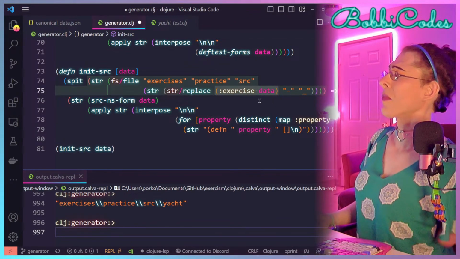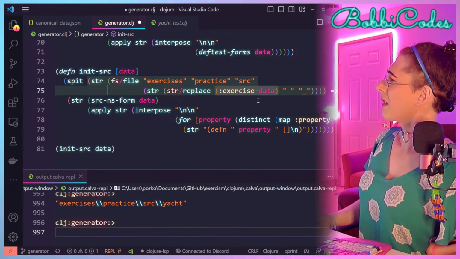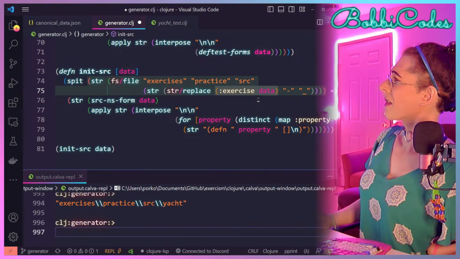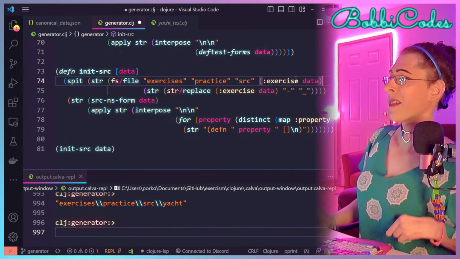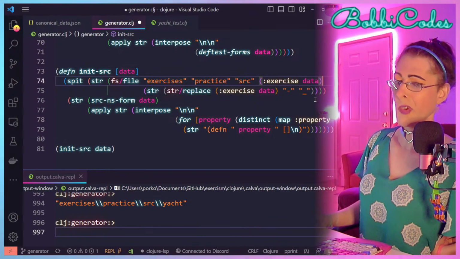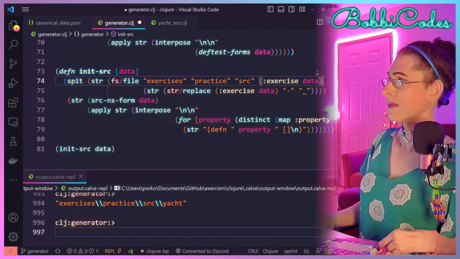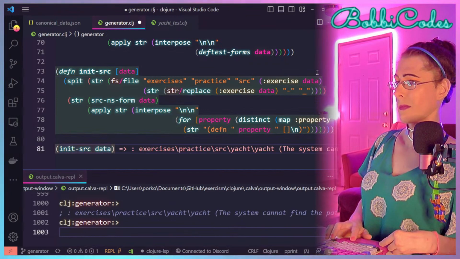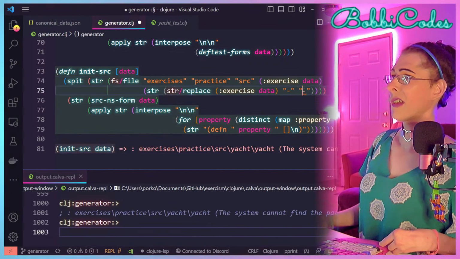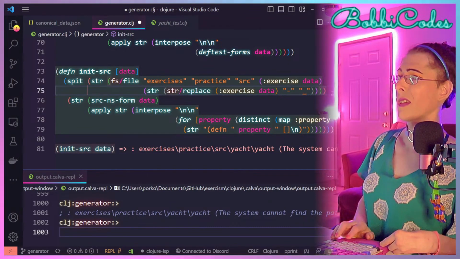And the name of the directory is also... wait, no. It's okay if there's hyphens in the name of the directory. And that's still not right. Let's see.